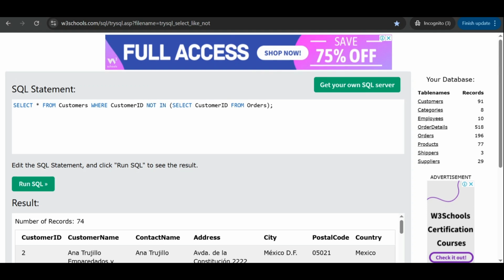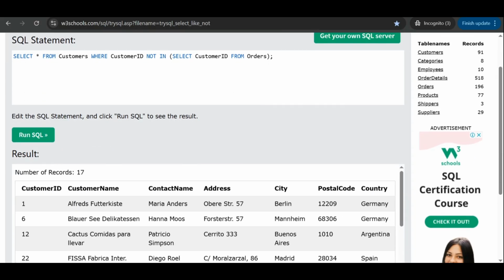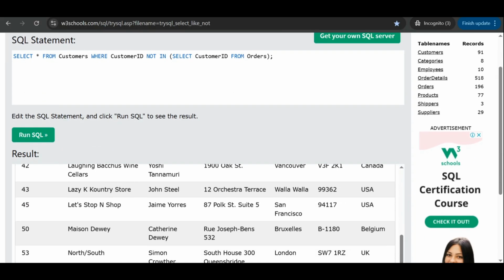What if I use NOT IN? The result is just 17.